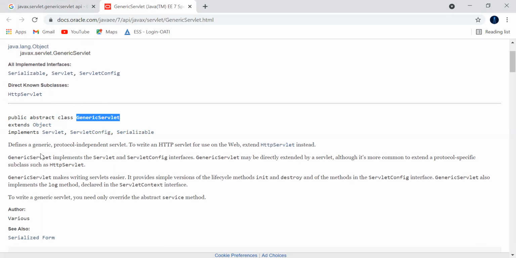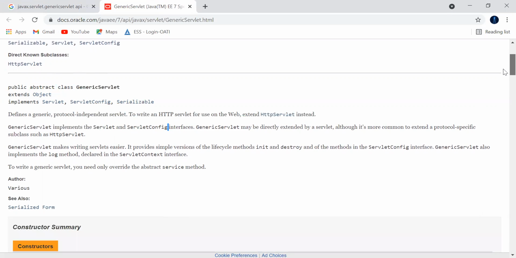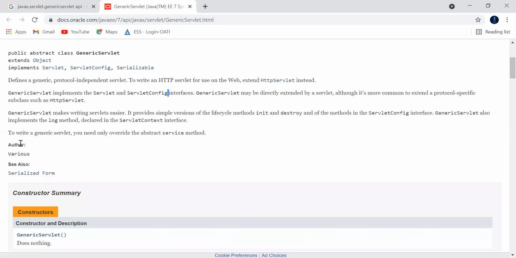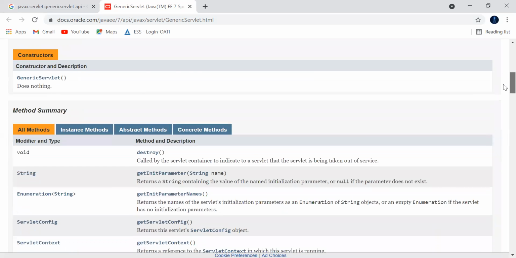Got it now? This is a protocol independent servlet. To write an HTTP servlet, you use HTTP servlet, it is saying. And to write a generic servlet, you need to override the abstract service method. Got it now? So only one method is there.